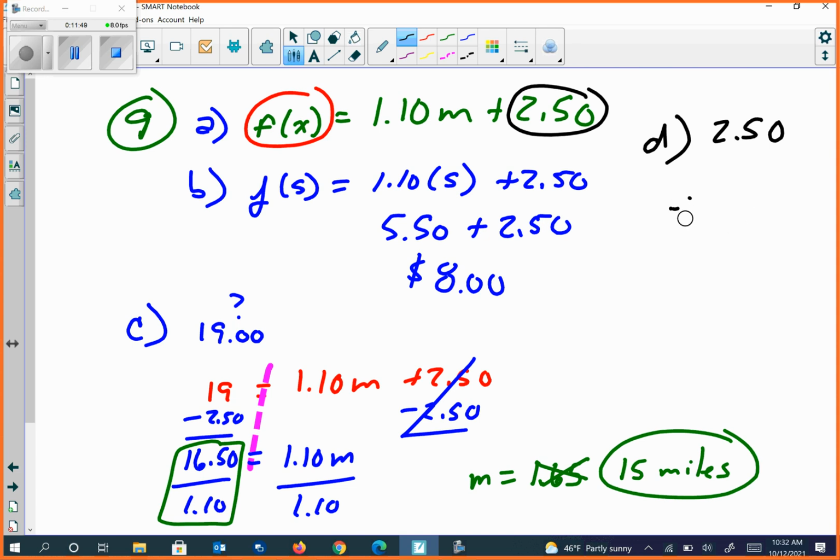Let me go backwards. The domain, I'm going to go from $2.50 up to the $19. That'll be my domain. My range will be,